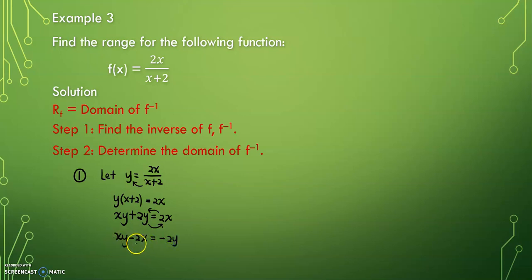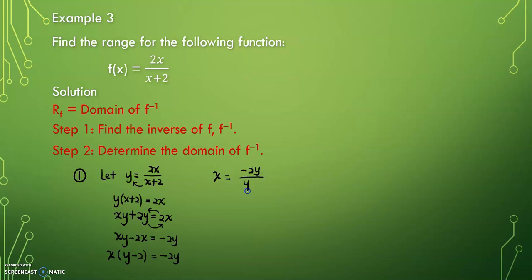Now I will factorize x. Next step, x multiplied by the bracket (y minus 2) will be equal to negative 2y. Finally, I will divide by y minus 2 on the right hand side. So x will be equal to negative 2y